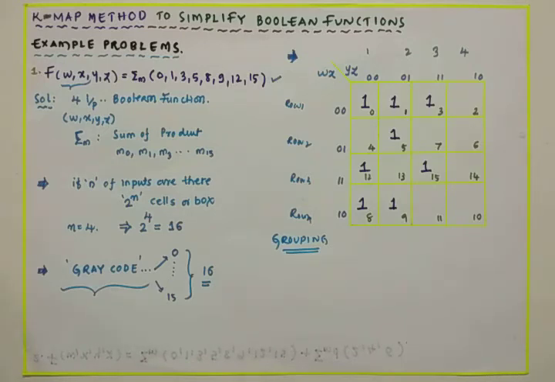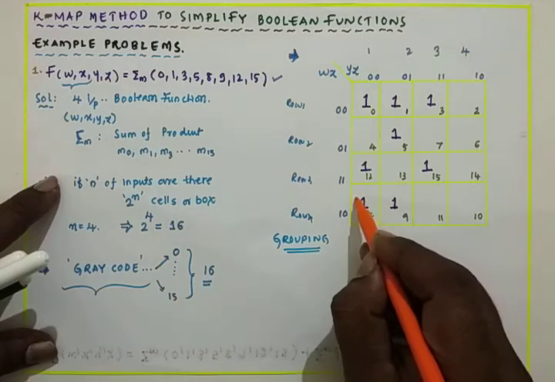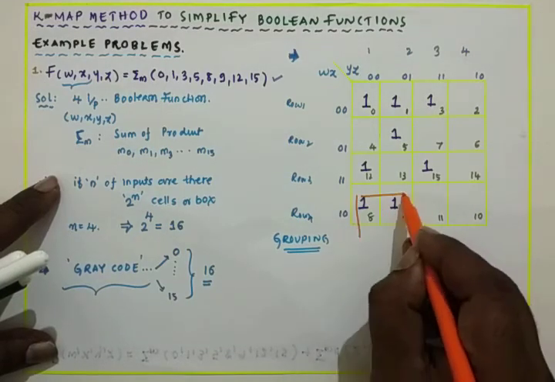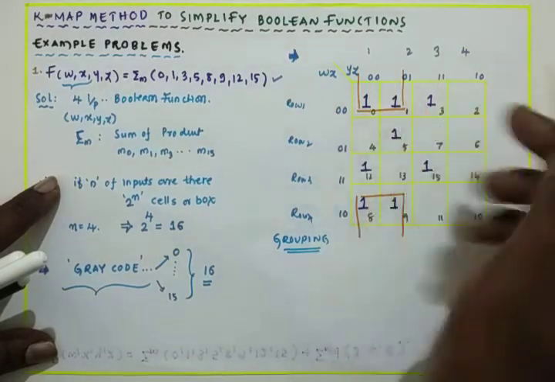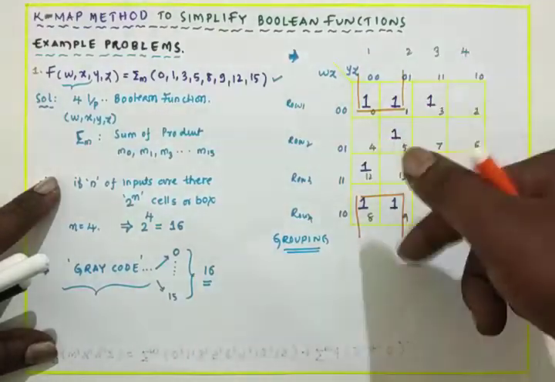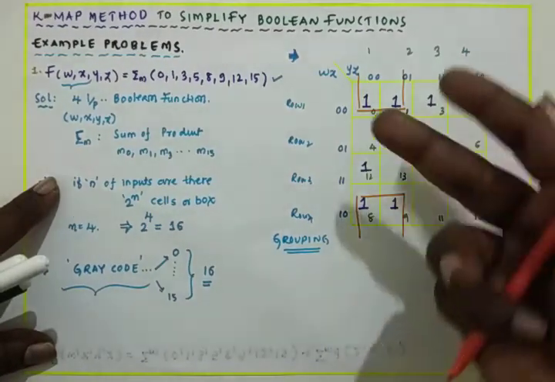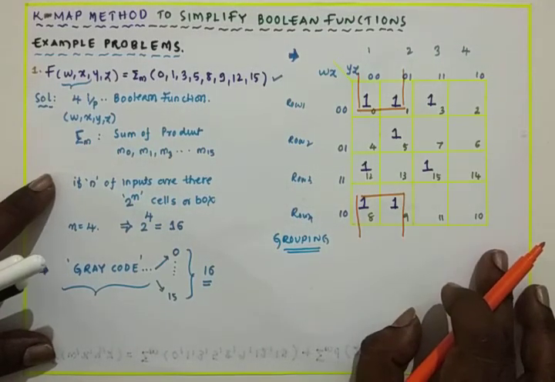So we can go with 4 ones. First we find any group with 4 ones. See that these are 2 ones and these are also 2 ones. If this is a paper, connected and folded back to back, then these 2 and these 2 will form a group of 4 adjacent ones.